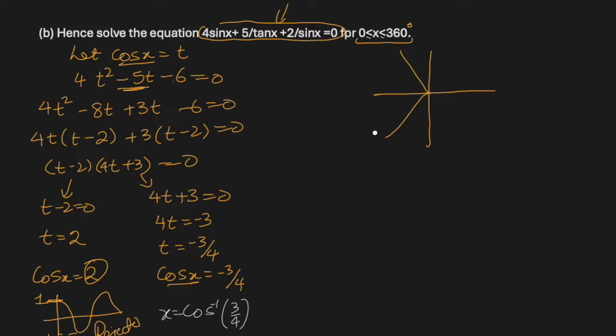What I'm getting is 41.4. So this acute angle here is 41.4. This acute angle is also 41.4, and this is 0 degrees. Our answer starts from 0 and reaches to the lines we have drawn. Since we know this is 180 degrees, our first answer, x1, I can call it, is 41.4 degrees lesser than 180. So 180 minus 41.4, which will be equal to